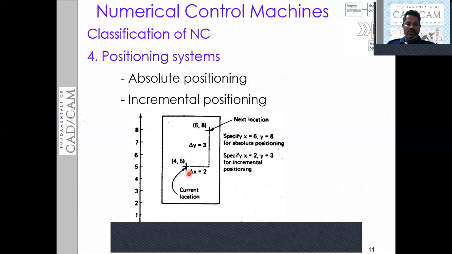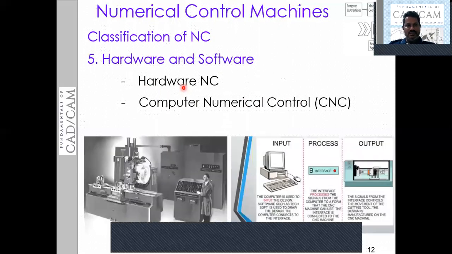With respect to the current location, we are incrementing the current location. This is what absolute positioning and incremental positioning are. This positioning is extremely used in ANSI coding, ANSI instructions. Then you have another classification, that is the type of hardware and software ANSI. Hardware ANSI and CNC are the two types in the case of hardware and software